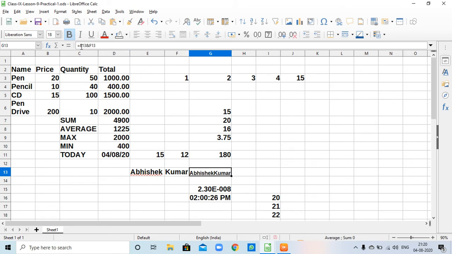This one is the formula for string concatenation, meaning string combination, equivalent to E13 ampersand F13. So the result is Abhishek Kumar.